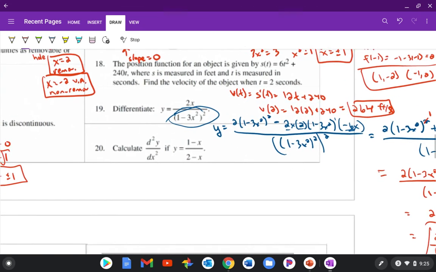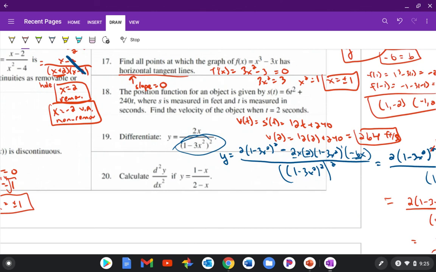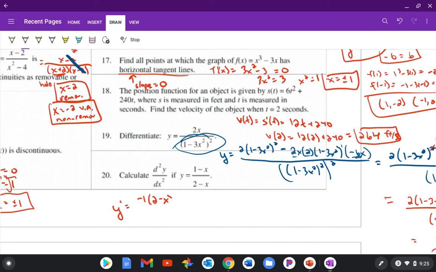All right, and last one on the front page, we're supposed to find d squared y dx squared, in other words, the second derivative. So first derivative y prime, we got to use a quotient rule. So the derivative of the top first is just going to be negative 1. This derivative of 1 is 0, negative x just negative 1, times the original bottom, 2 minus x, minus the original top, 1 minus x, times the derivative of the bottom, which is just negative 1,